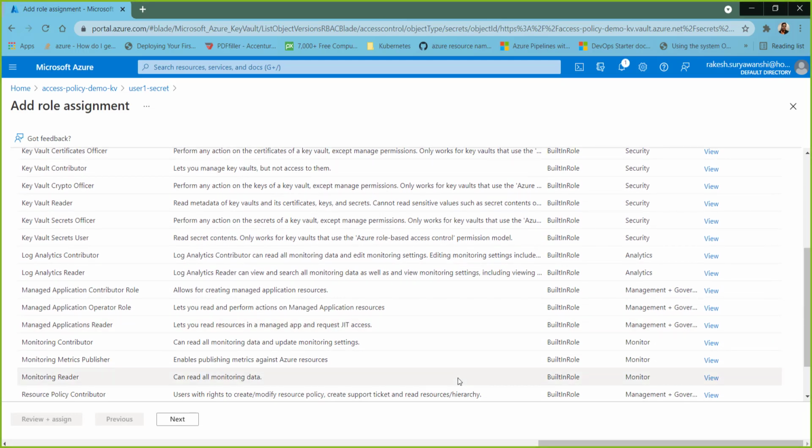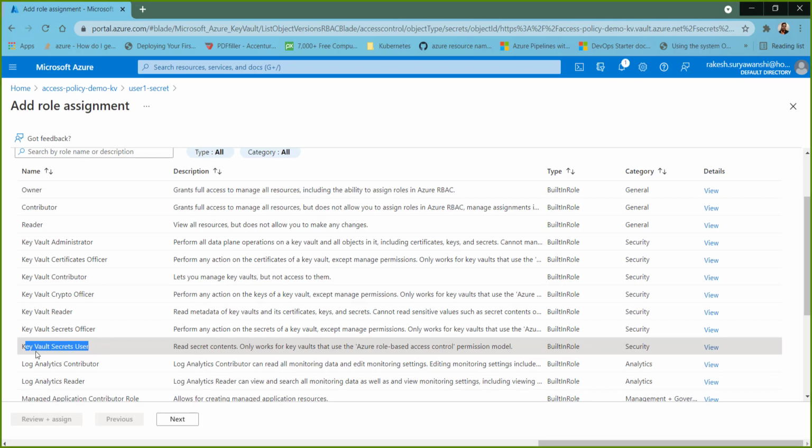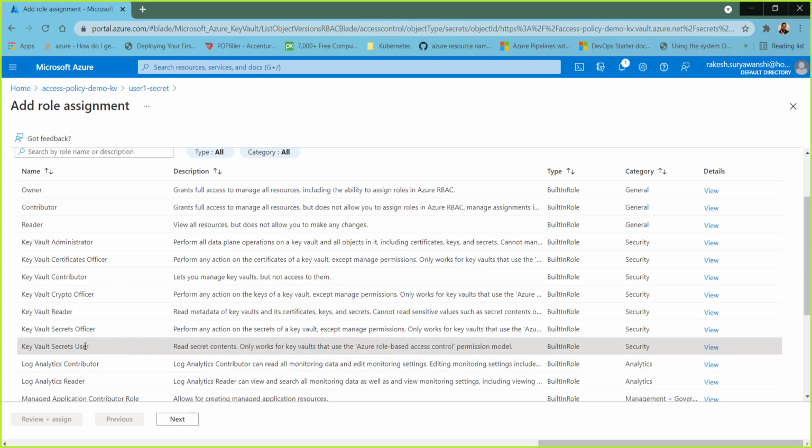The only roles which are related to Key Vault are the ones available on this particular option. So let's say I just want to allow a user to read secrets, so I can use this particular option, Key Vault Secrets User, which says read secret content only, and that is applicable to role-based access control only. So that's the role which will be suitable for my